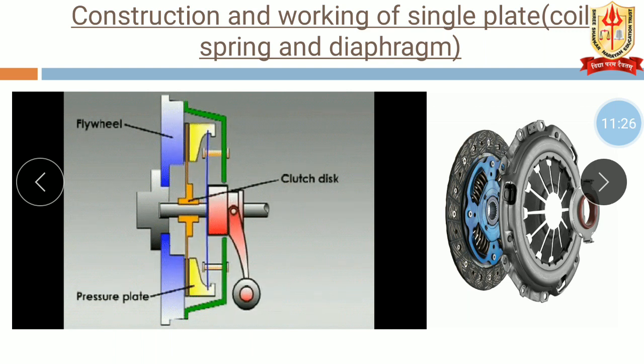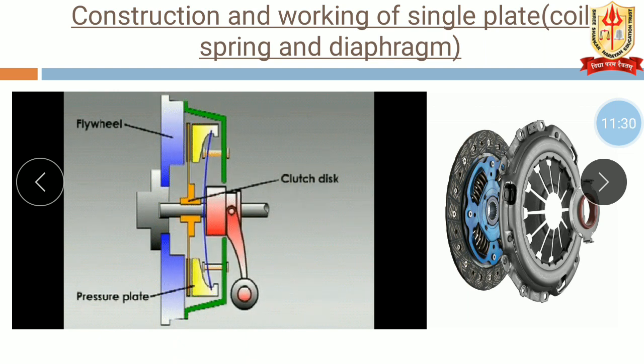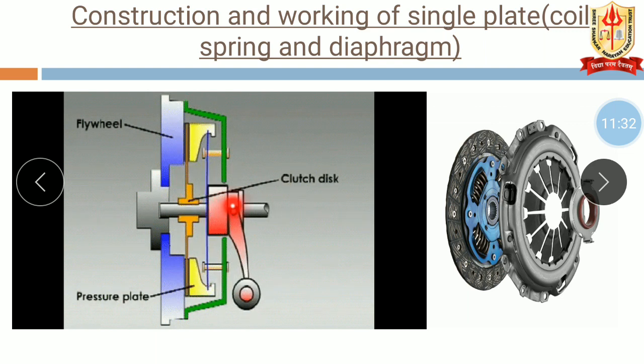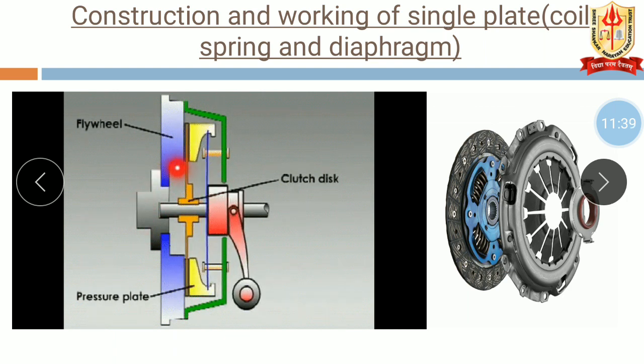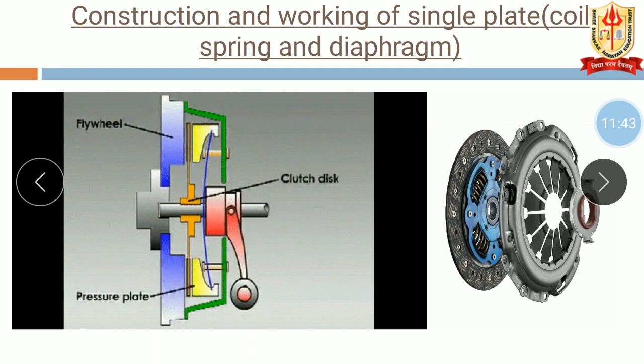After whatever requirement of disengaging that clutch we have completed, when we release the pressure, it is again going to retain its original position, and again it is going to be engaged with the flywheel, and the rotation is going to be transmitted, meaning the power is going to be transmitted. So this is how it looks. In real it looks like this.